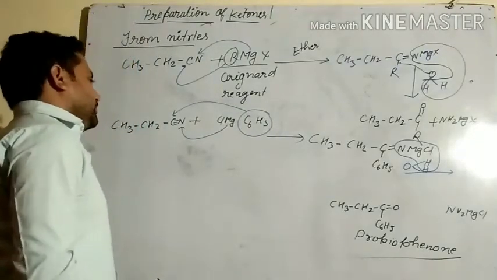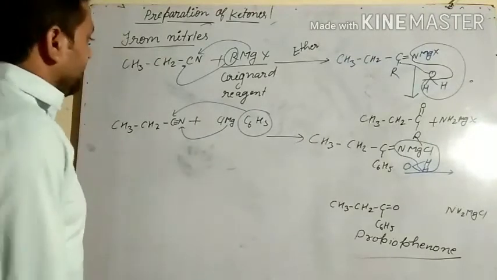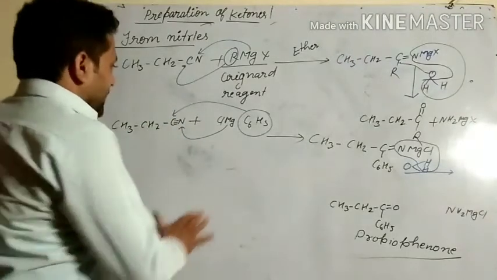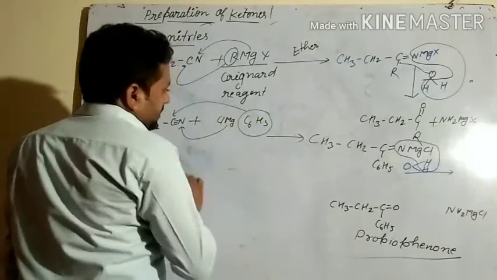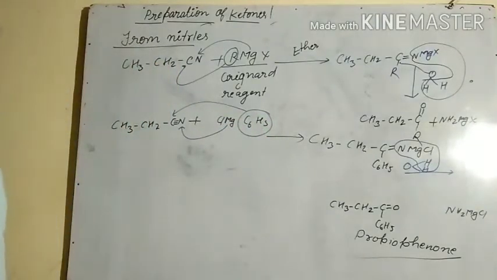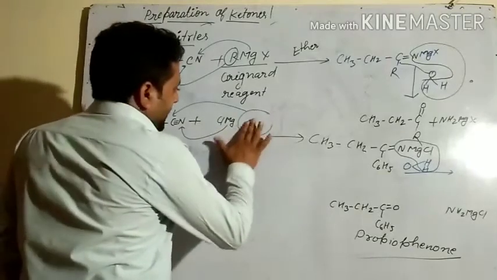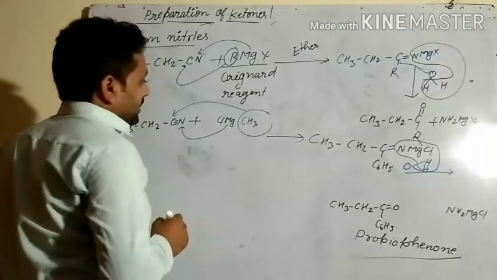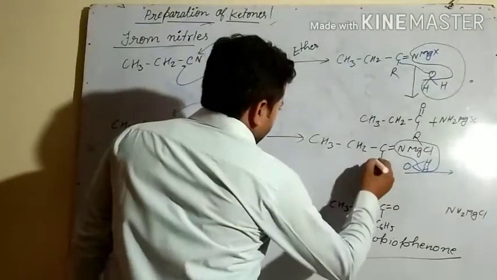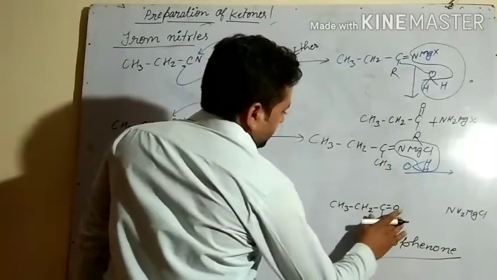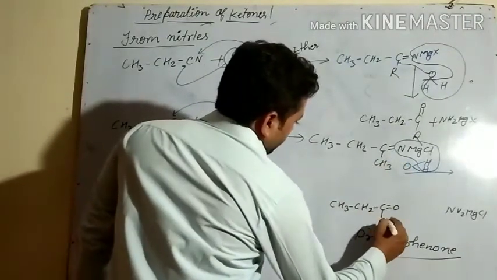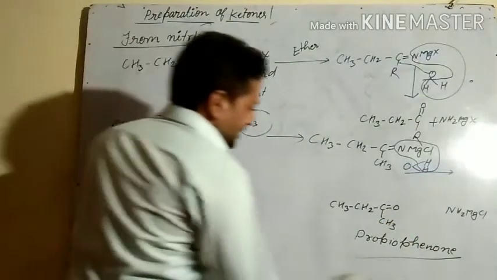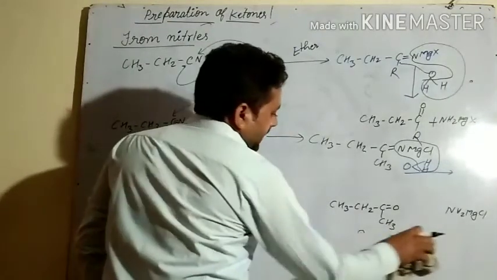acetone or dimethyl ketone also. How can we prepare dimethyl ketone from this? All of you note it. Then I will change it. Instead of this, if I write, please all of you note it. Okay. So this is this. If I write here CH3, so there will be CH3, and here will be this. What will be the name of this compound?